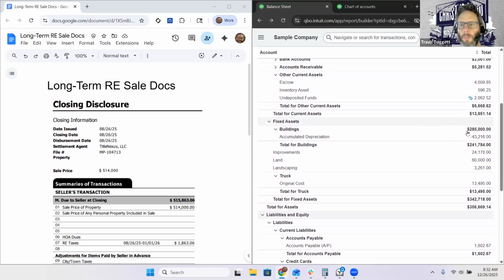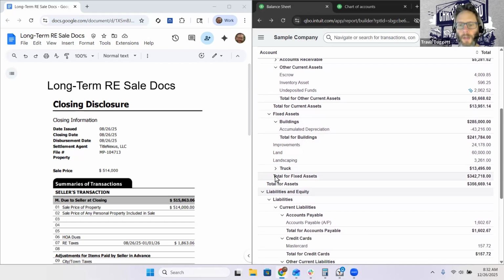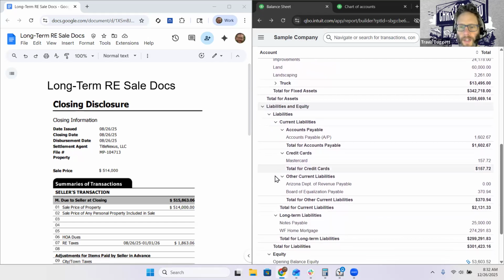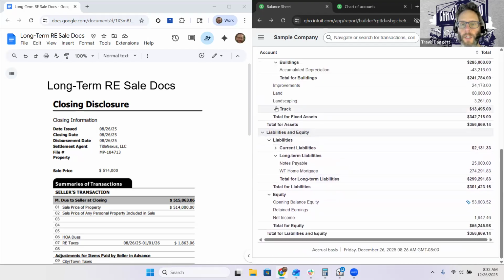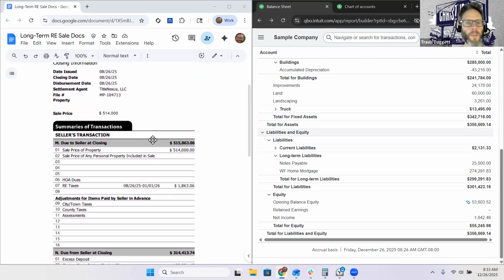Next, notice buildings, the fixed assets. We have buildings, depreciation, improvements, land, landscaping. We're going to ignore the rest of this for purposes of this demo. The other thing we want to notice, let's get rid of all these current liabilities, is the mortgage and the mortgage balance there. Okay? So let's start by looking at the closing disclosure for the sale